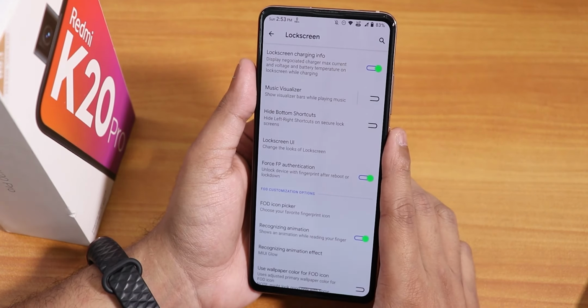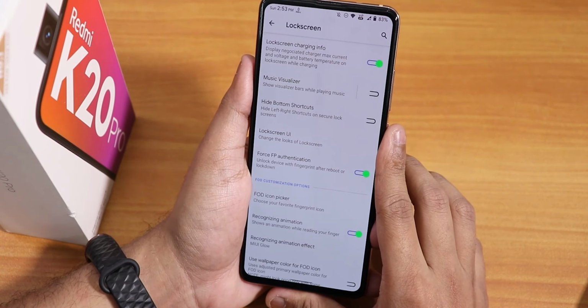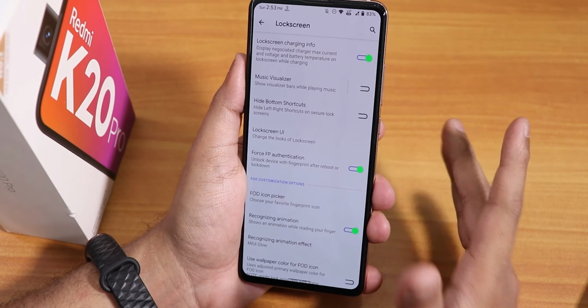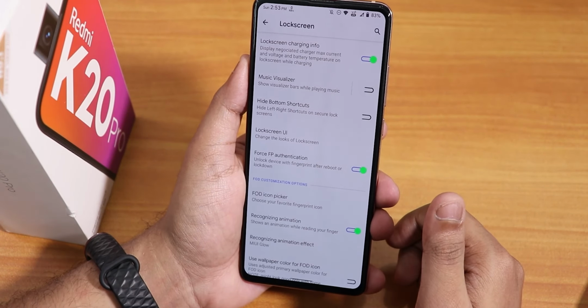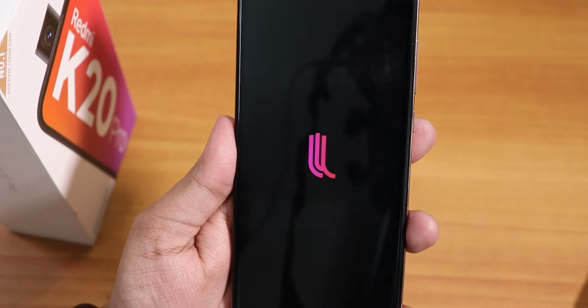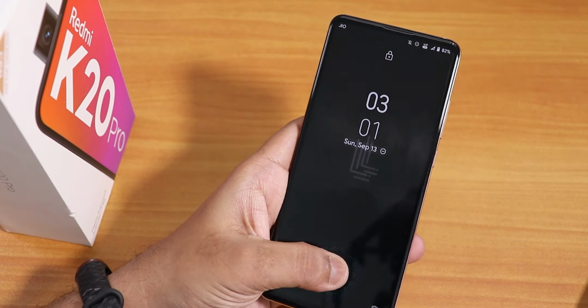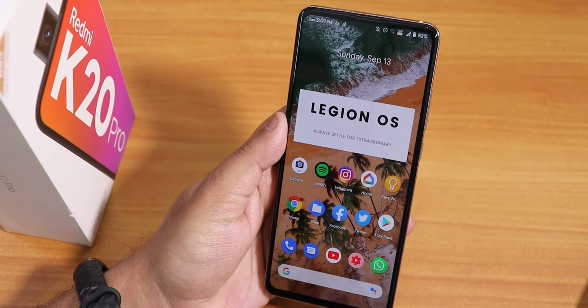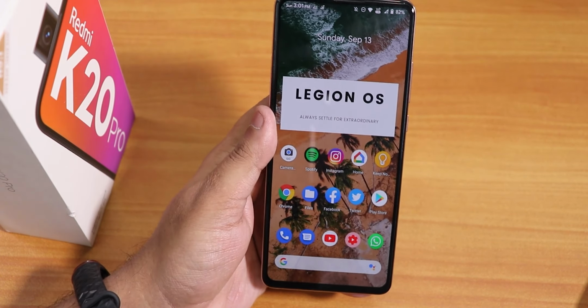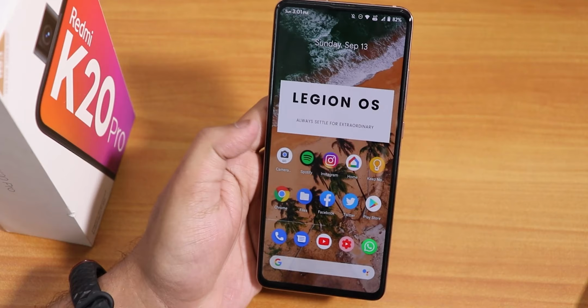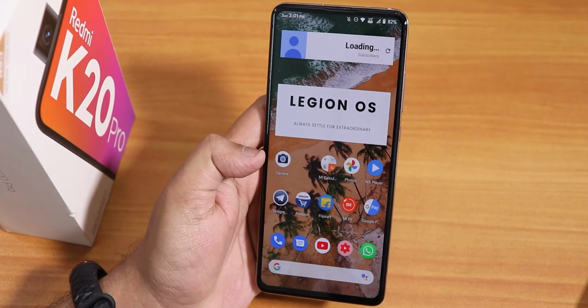This is the most interesting feature over here, I would say, of this ROM. And this is one of the best things that I like over here about this ROM, is that I can directly use the fingerprint scanner after a reboot, which I could not do earlier. And earlier the feature was there, but it did not work. But right now it is working 100% of the time that I have seen with like decrypted storage.